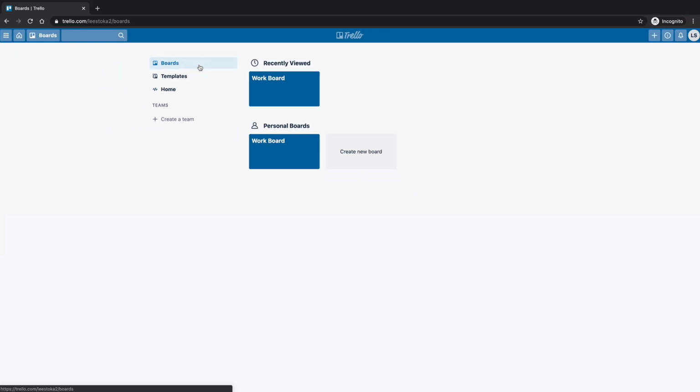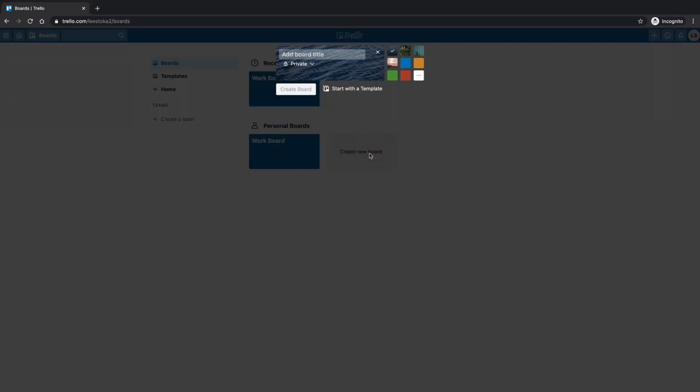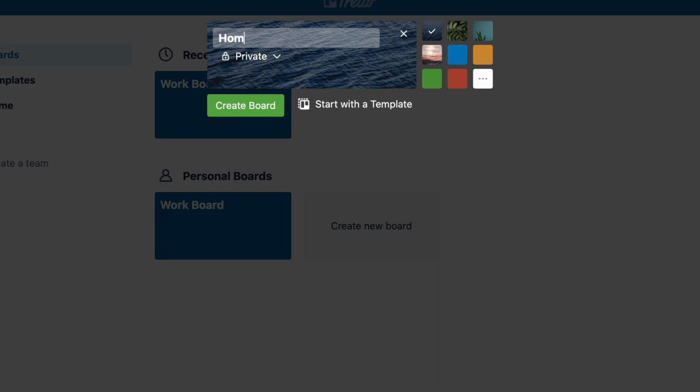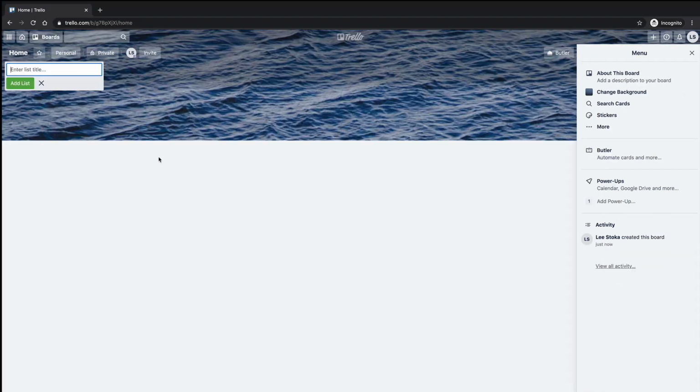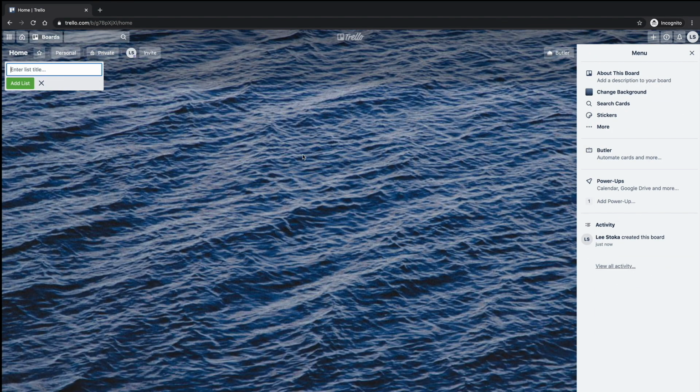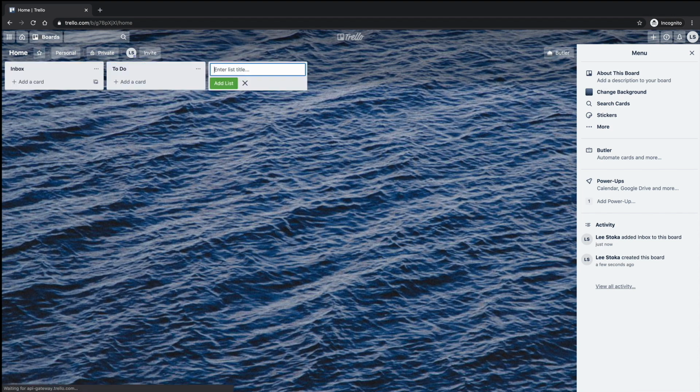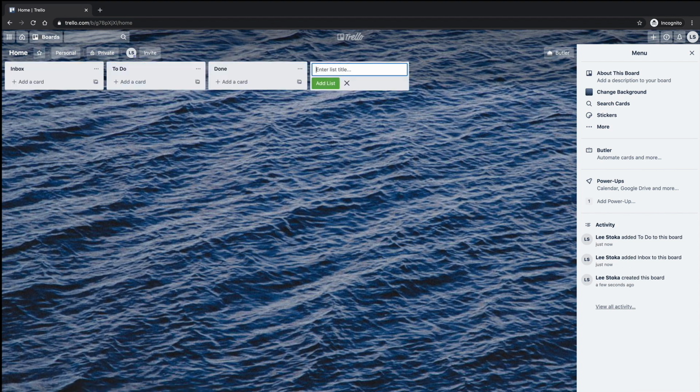If we go back to the boards here, again, we can create another board. We'll just quickly do one now. We're going to call this home. And we're going to give it that nice background of an ocean there. And again, it's pretty quick to load once it creates the image, and you can see here it's a blank board here. Now we can go ahead and add our inbox, add our to-do, add our done. Okay, so we'll have